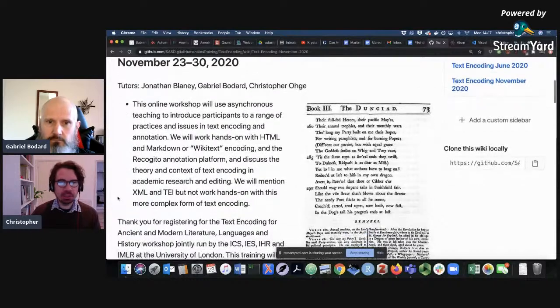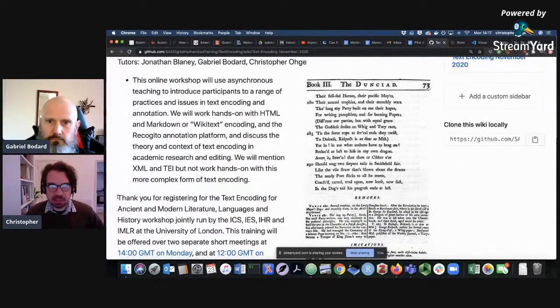Okay, right. So for the first exercise, we want you to attempt a very basic encoding of a not so basic text. The example that we're giving you is purposefully challenging for several reasons. Probably the first and the most important reason is that there's no right way to encode this text. We'll have you looking at the Dunciad, Alexander Pope's The Dunciad, and this happens to be the Dunciad B text,